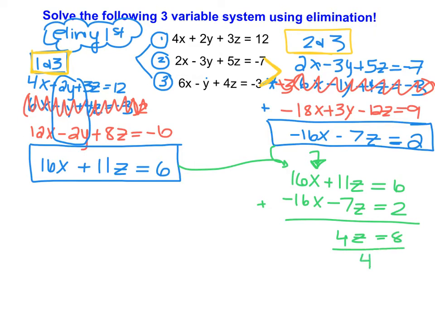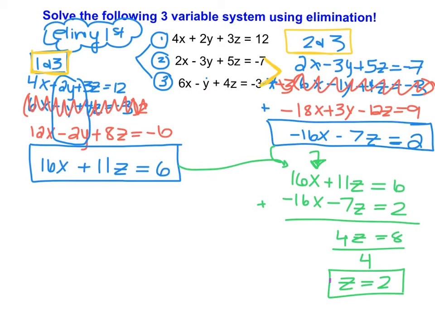And if we divide both sides by 4, we find that z is equal to 2. So we now know our z value is equal to 2. We have our z value, and what we're going to do now is work backwards and find our y value and our x value by working backwards with some of the equations we already see on the screen. So what I'm going to do now is take the z value, and